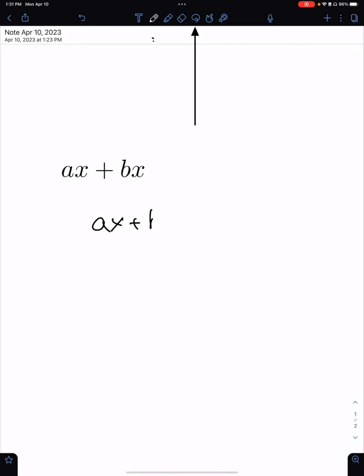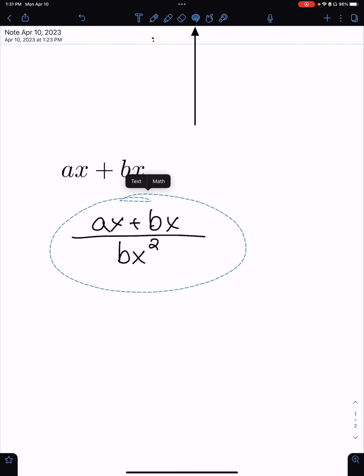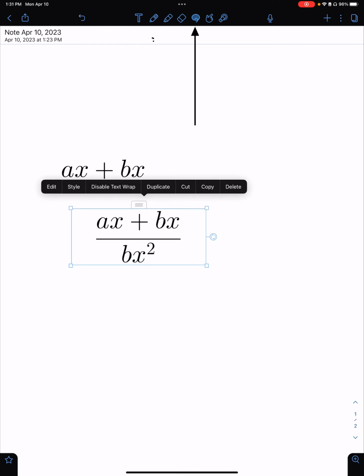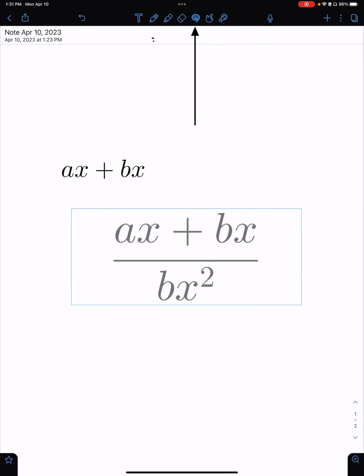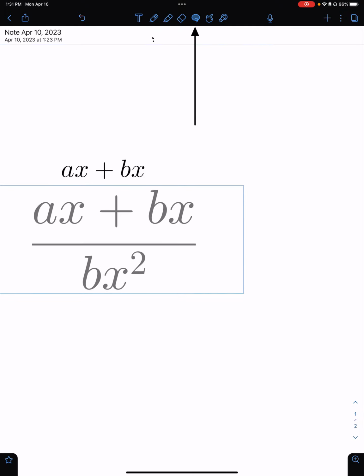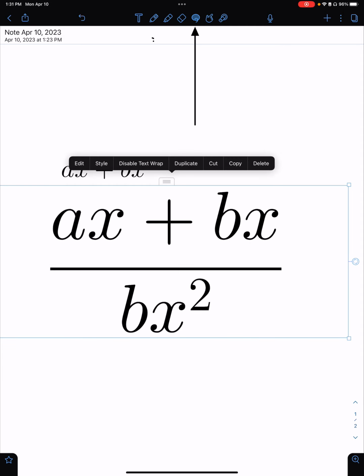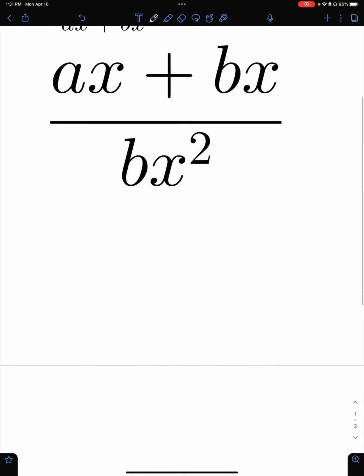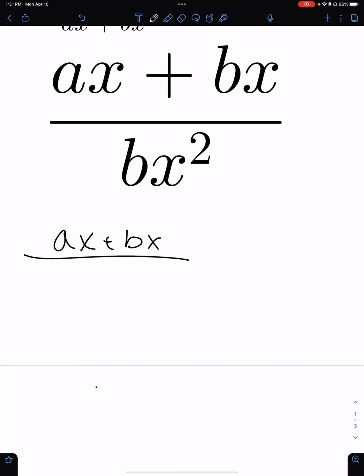I wrote the x a little weird, making a fraction over bx squared. I convert to math. As you can see, it's relatively reliable. It's nice if you are writing math equations but want them to be really visible for students. You can simply resize it and then work below it, saying, I'm going to be working on this problem and solving